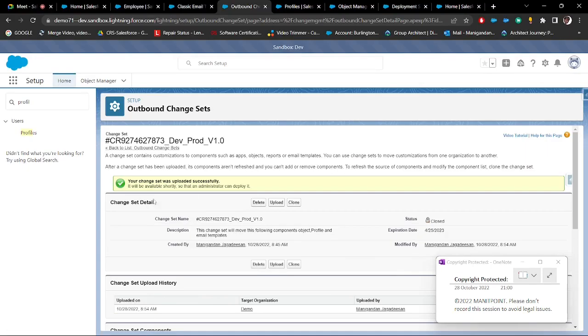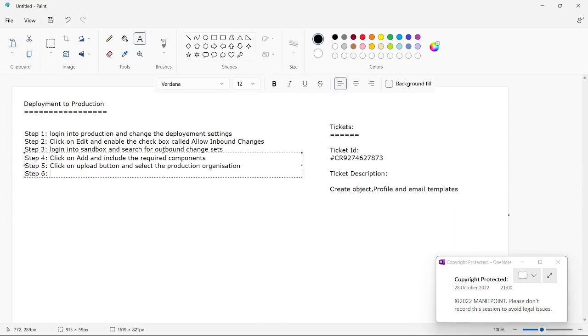Step 6: here you can see you will get one notification once you upload, so your upload is successfully done. Even you will get one email notification to your registered email ID. Once you have completed this, again we need to